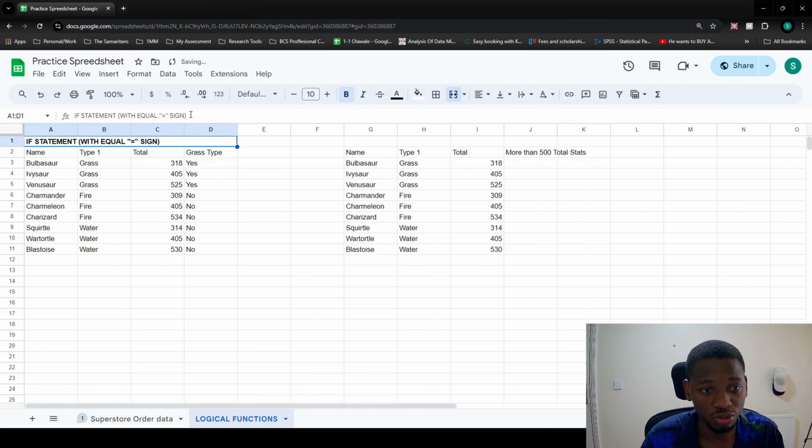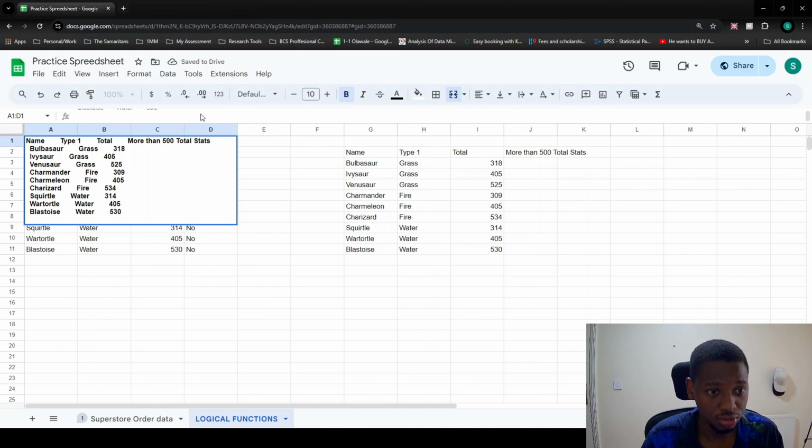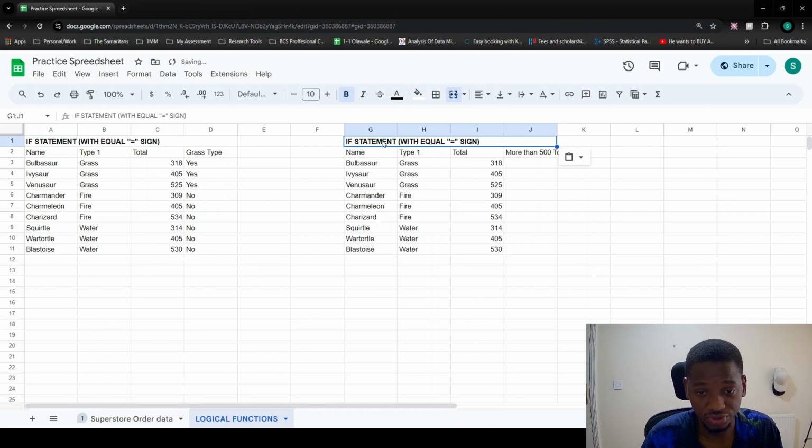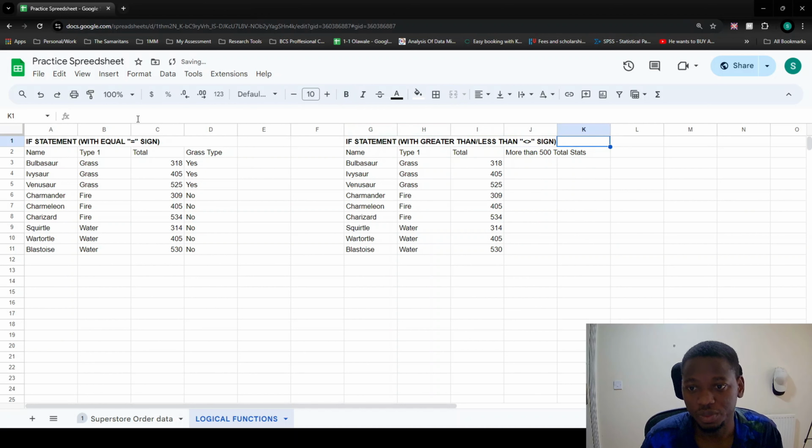So we can also make use of the if statement with greater than or equal to, greater than, or less than signs. In this case, we are going to be making use of it with numerical data. So what we have to do here is what? The question is